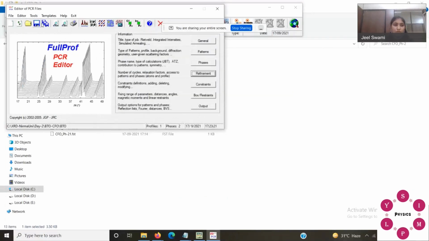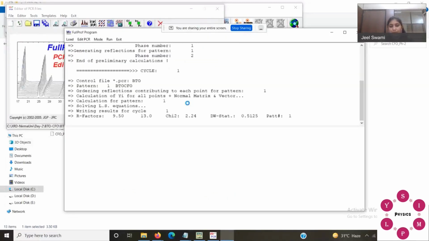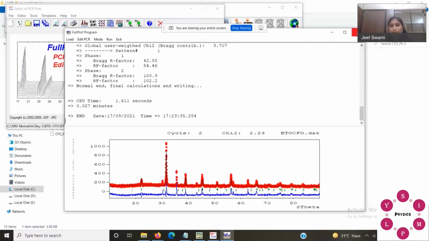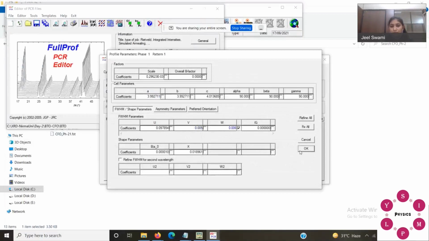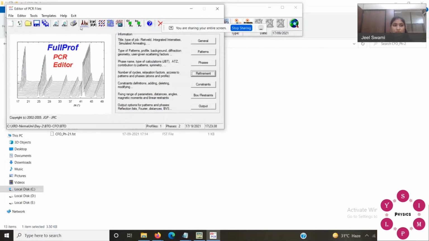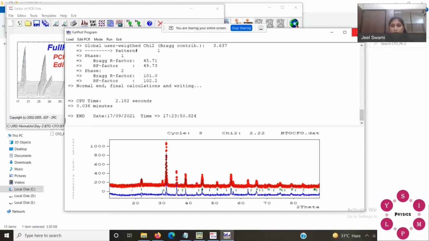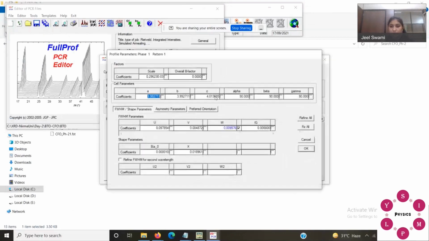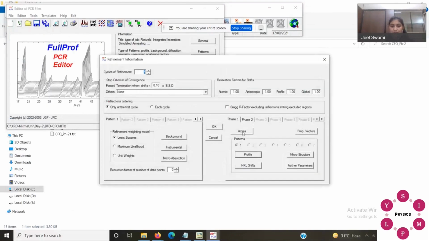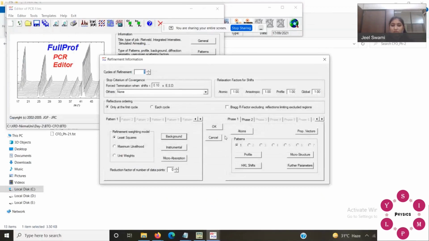V for first phase. Okay. Now you can do the background again.